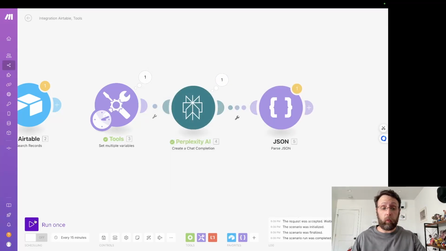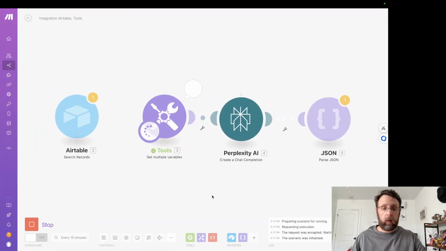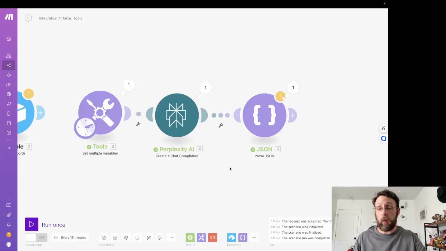So we're just going to go ahead and run this once through. It's going to tell us we don't want this transformer at the end. It's okay, we're just testing. So we're just going to let this run through again. We're going to see the completion, again, the research coming out of Perplexity. We're researching the same topics because we set the variables here, and then it's going through the JSON, and we